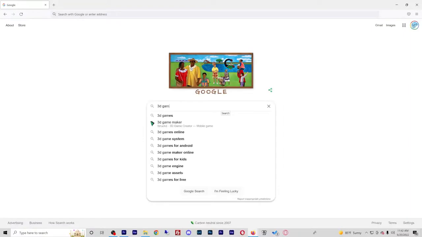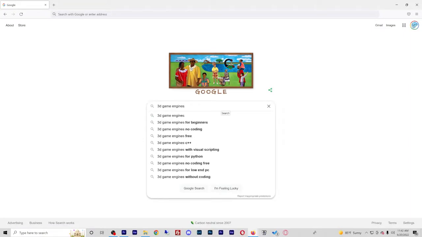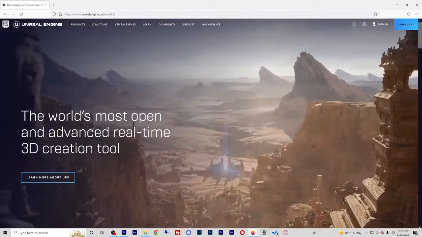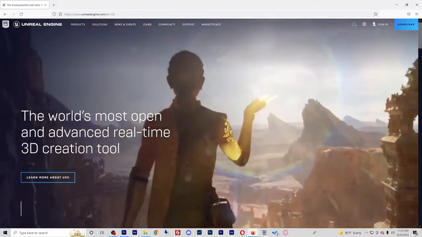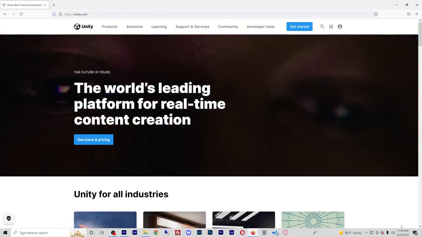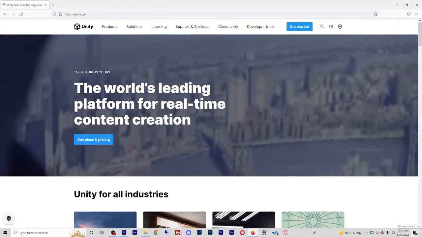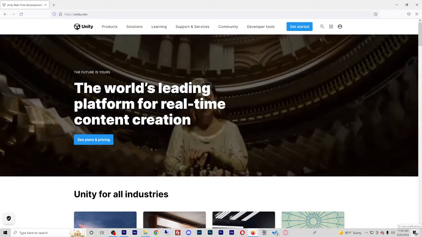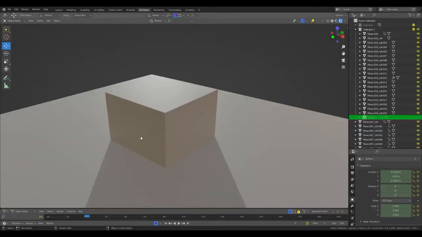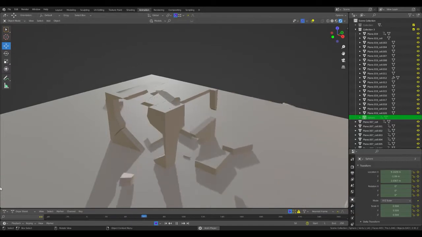So I really looked on the web to see what I could do. I found out that there were game engines like Unity, like Unreal, like many others, but Unity and Unreal were obviously the most common ones. And I really tried to do something with that. But to do something with that, I had to have a modeler, or I had to learn modeling somehow. So, starting from the most common tutorials on YouTube, which usually teach you how to make cups or very easy models, I started making models and making some experiments, learning something.